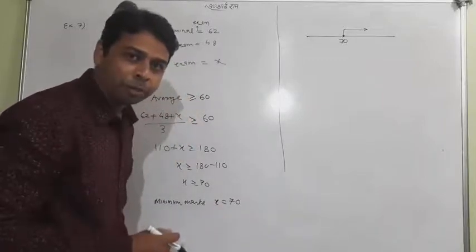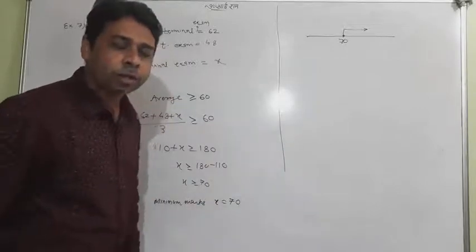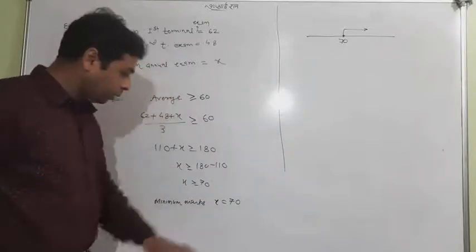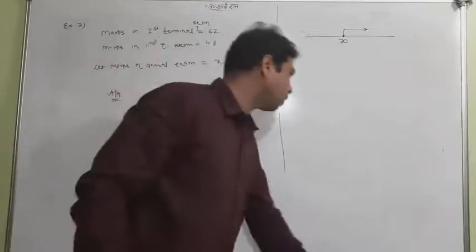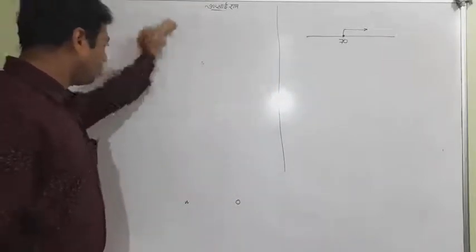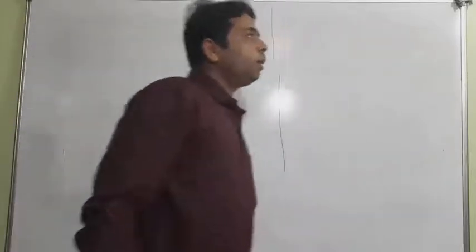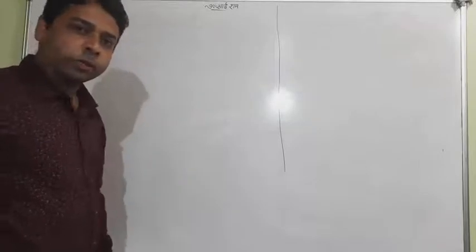It's the minimum, and the others like 71, 72, 73 and so on, no matter at all, we don't have to go till there. Okay, this is the minimum marks we've got. I think you have got the concept. It's not a tough one, it's very easy. It just depends on the word problem. Convert the word problem into the inequality condition and get your answer. Okay.